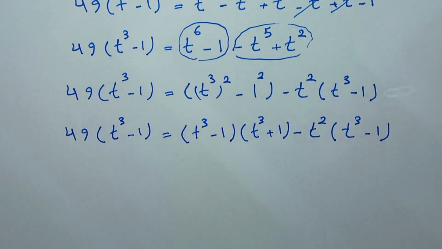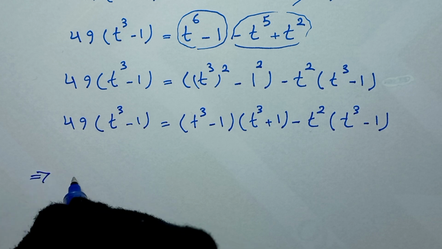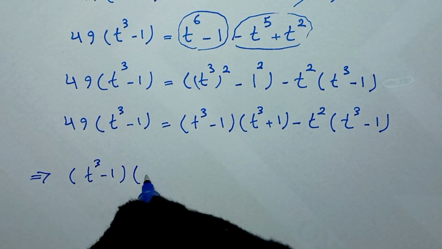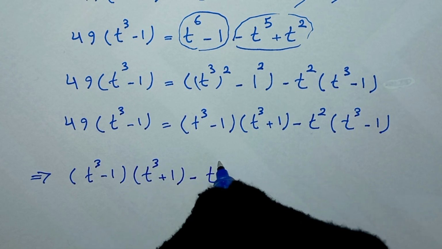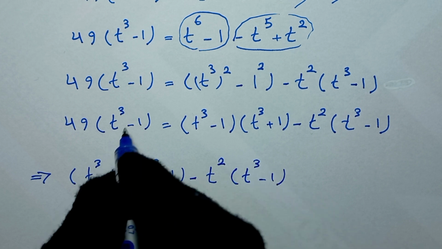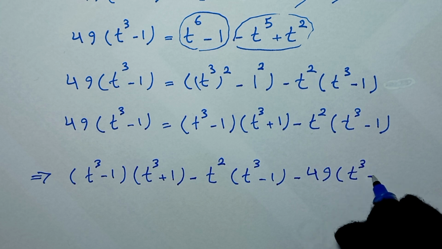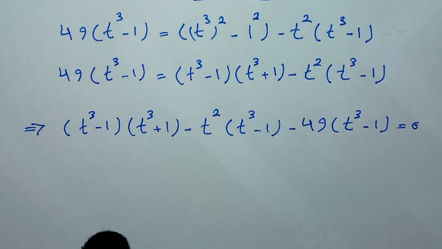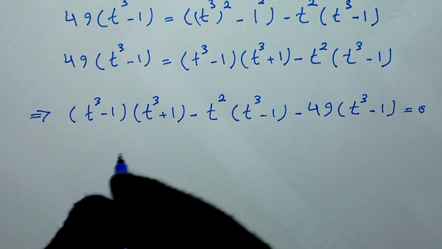And next step, we take this to this side, and it will be, in here we have t cubed minus 1 times t cubed plus 1 minus t squared times t cubed minus 1, and we take this to this side, it will be negative 49 times t cubed minus 1 is equal to 0. And next step, we factor t cubed minus 1, and it will be,